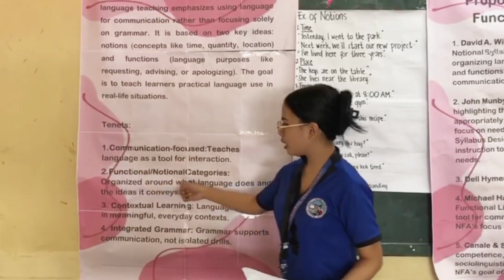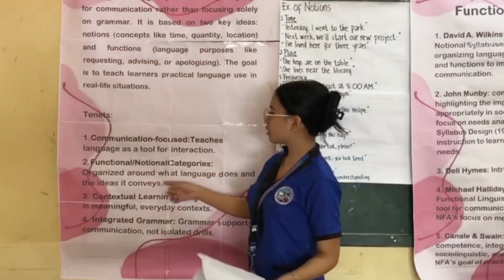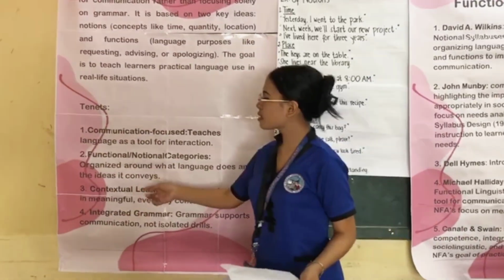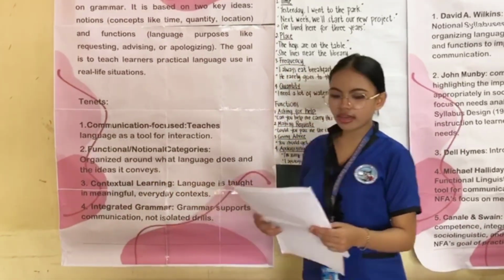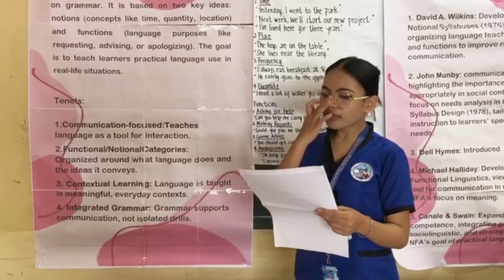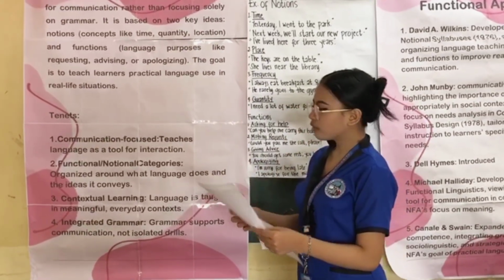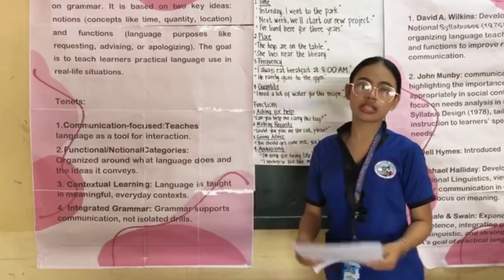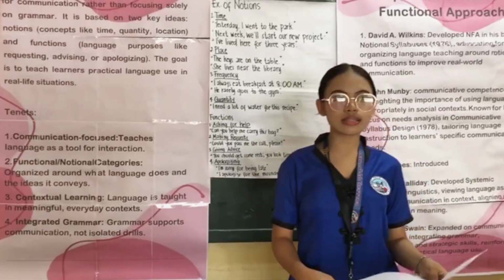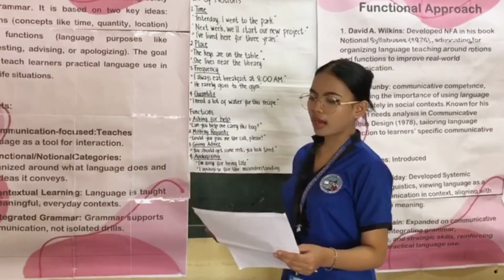Second is the functional-notional categories. It is organized around what language does and the ideas it conveys. So the lessons are arranged around functions, what we want to achieve, like making requests, and notions, the ideas we talk about, like time or